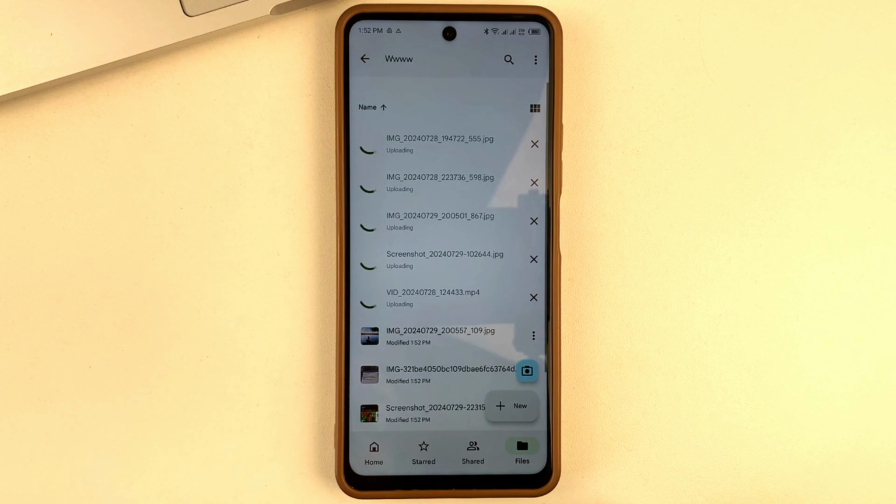So what do you need to do next, friends? After you select the photos and add them to the folder you created in Google Drive on Android, next I will tell you what you will need to do on iPhone.